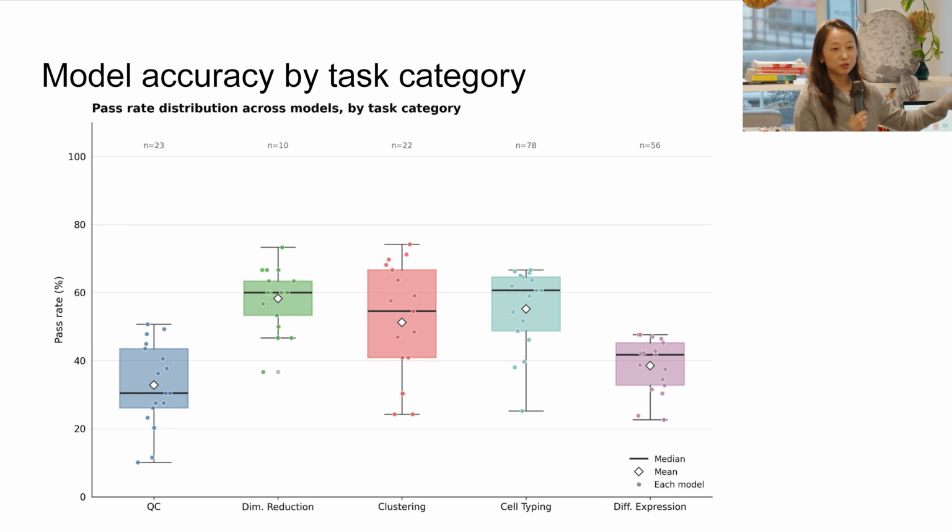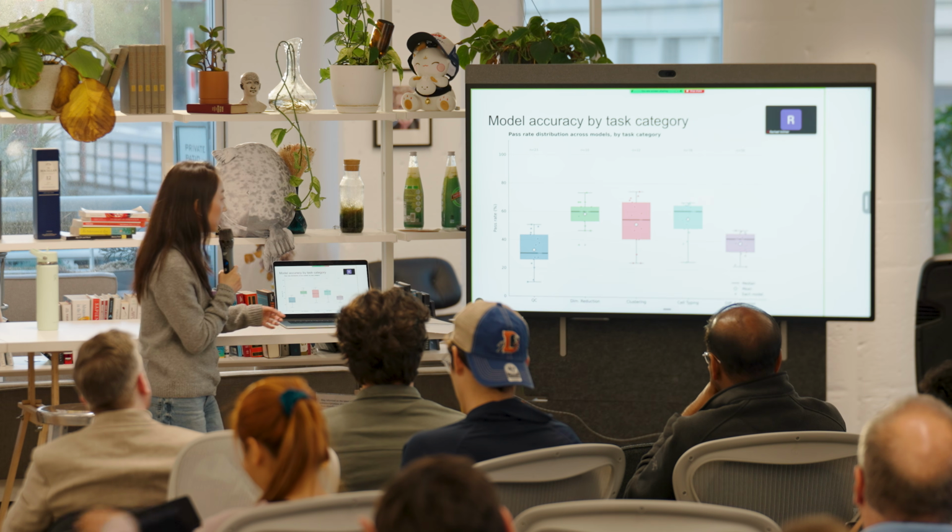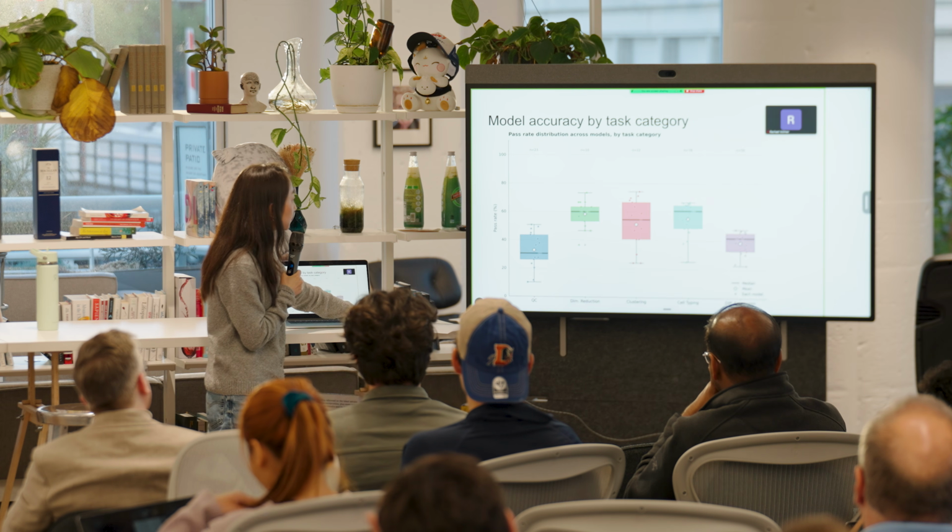But from our data, interestingly, you can see that QC actually shows lower accuracy. I think that's expected just because the nature of SC bench includes different modalities in terms of assay types, right? They all require their specific quirks in terms of the QC processing, which shows that the agent doesn't have this kit awareness to apply sensible QC for these specific kits.